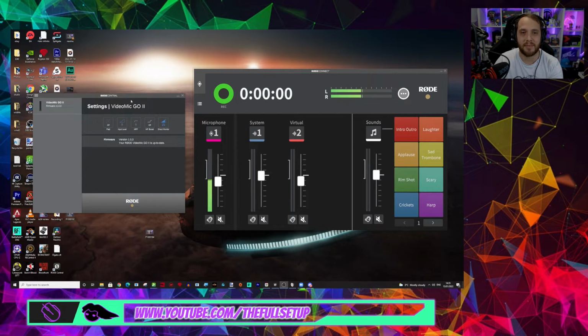So the apps that we're going to be looking at today are Rode Central and Rode Connect. Now you don't just have to have a Videomic Go 2 to use both of these apps, they're also fully compatible with the Rode Videomic NT-G, the Rode NT Mini USB, the Rode Wireless Go 2 system, and the Rode AI Micro, which is like a tiny little audio interface with two 3.5mm inputs, and you can use those with